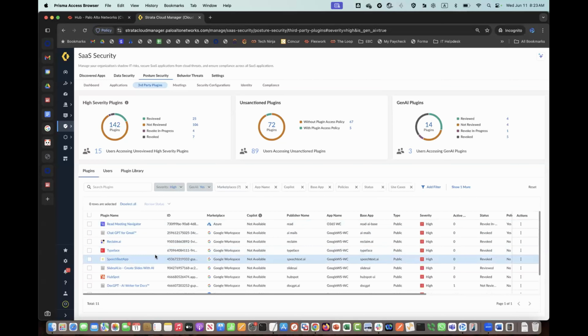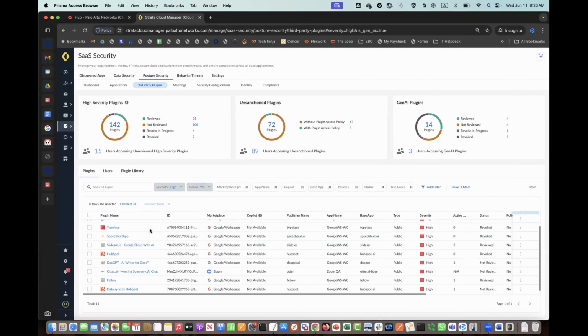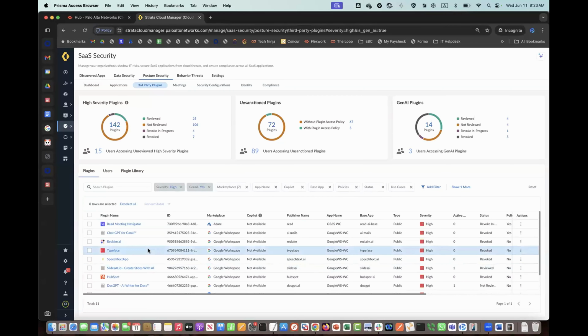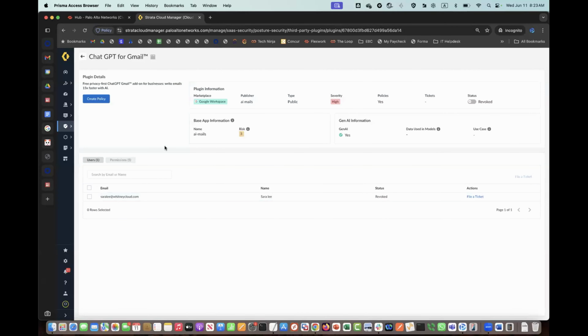So if you look at the chart below here, it shows you the GenAI apps. So here is the filter that specifically filters on GenAI apps. So you can see all these apps here. These are the different apps that users have installed. And like I showed in the example, ChatGPT, right? If you click on ChatGPT, it'll show you what kind of app or what kind of plugin this is, and who the users are who are using them, and what the risk is for this plugin,